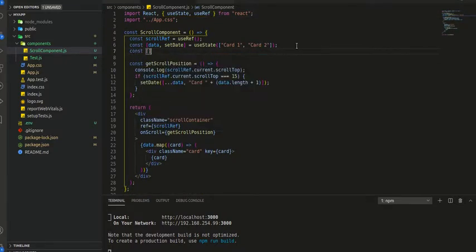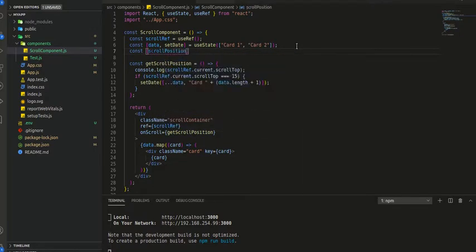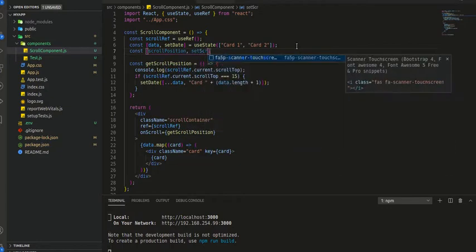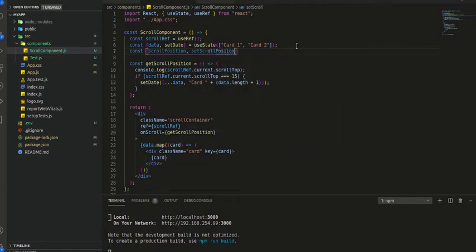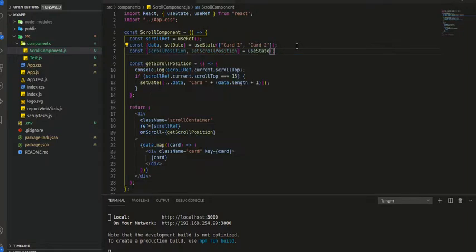Let's say scroll position, set scroll position, and initially it will be 0.